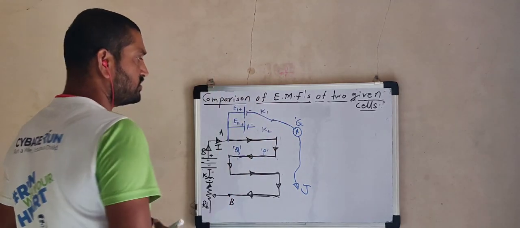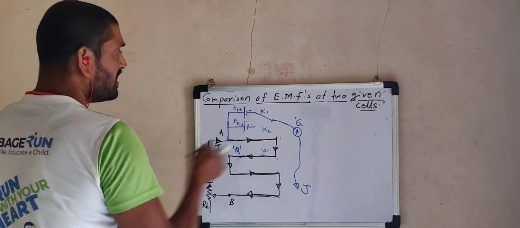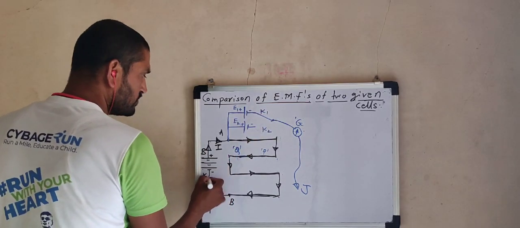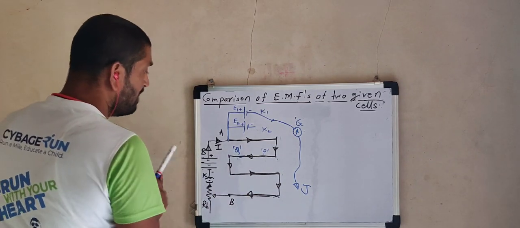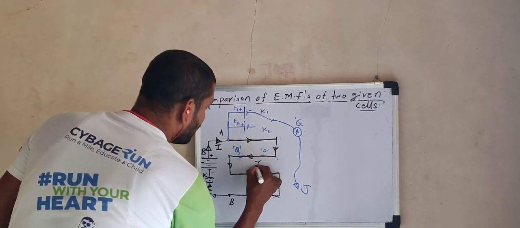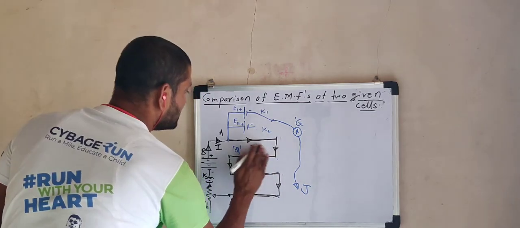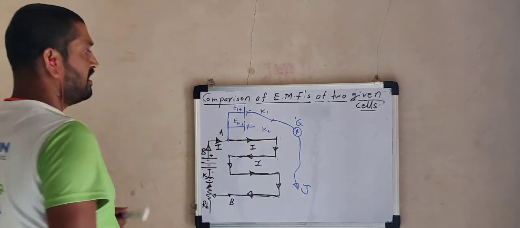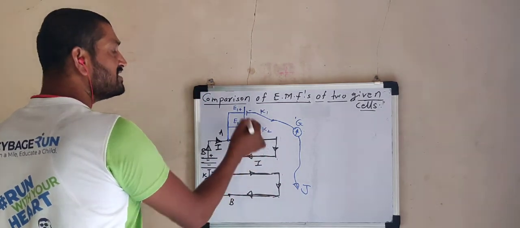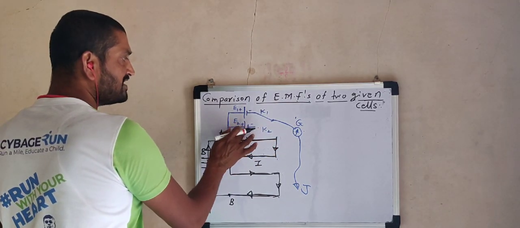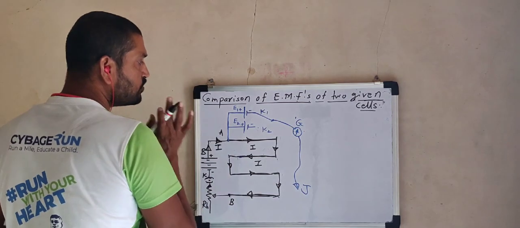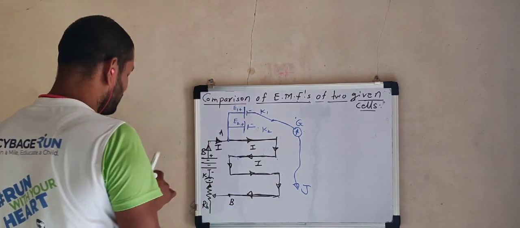Only key K1 is closed. Now you tell me, when key K1 is closed, current will be drawn. It will flow through each and every part of this potentiometer wire. It means the potentiometer circuit will be working now, with current I ampere flowing. Is it clear now? Okay. Now, till the jockey is not touched, this circuit is open. Key K2 is open, which means no current is drawn from this cell. The jockey is not touched to the wire, so no current is drawn from this cell.